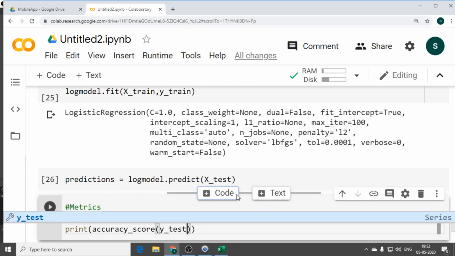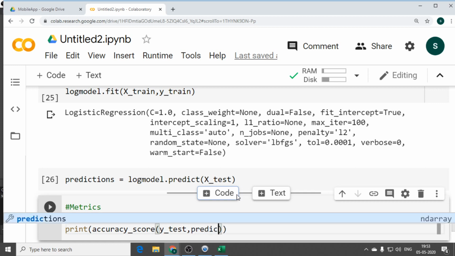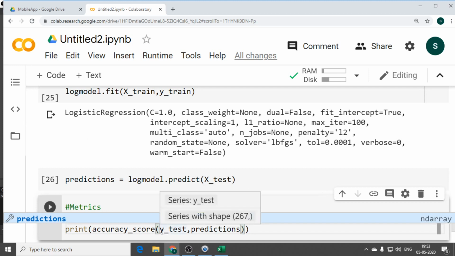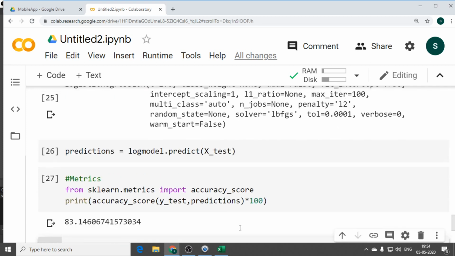In accuracy score, you give your Y test. X test is used for predictions, Y train for training, and now we are using Y test. For accuracy score, you always need to give your Y test and your predictions. Make sure you write it correctly. If you want to see the accuracy as a percentage of 100, you can. My model has got an accuracy of nearly 83%. That means I can predict any of the values and the output will match the original data.